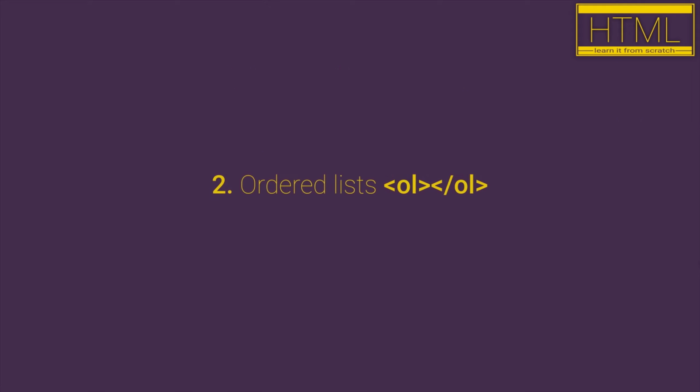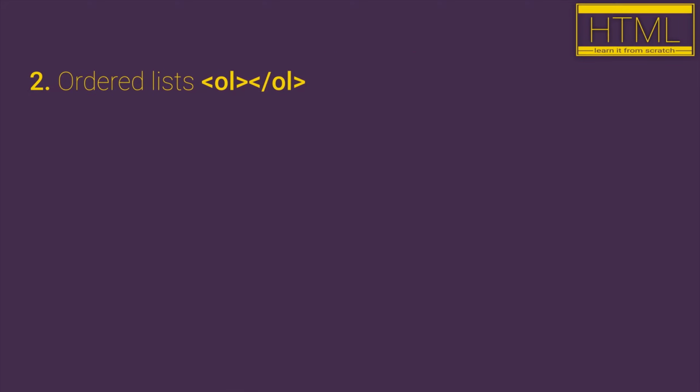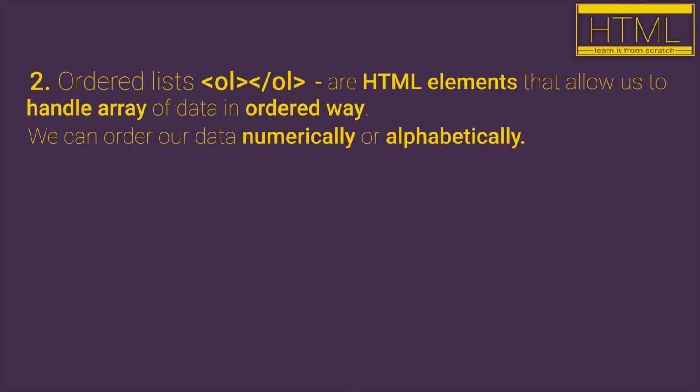What are ordered lists? Well, ordered lists are HTML elements that allow us to handle arrays of data in an ordered way. So with ordered lists, we can order our data numerically or alphabetically. There are 5 different types of ordered lists. So they are